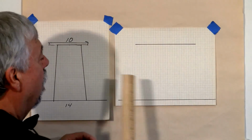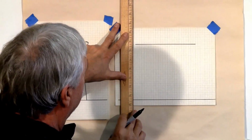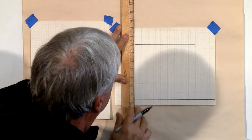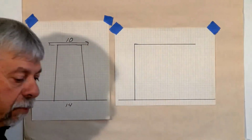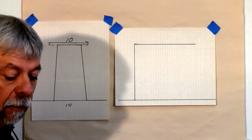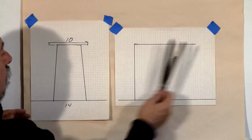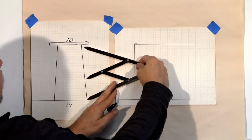So we can draw a line. Now we've got the top and the bottom. We can draw a side view and just draw a line down anywhere. And that's our point. Now we don't have the shelf in here yet. But what we want to do, first of all, the first thing we want to do is we want to find how wide this should be. So when we look at these, we can